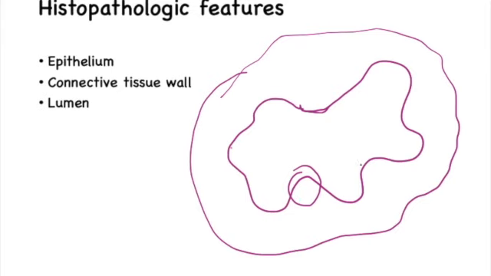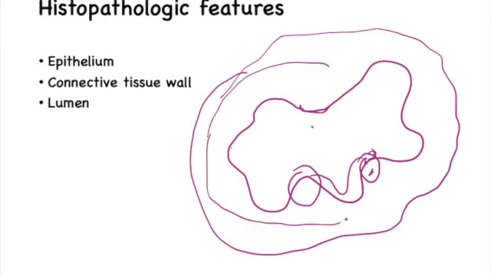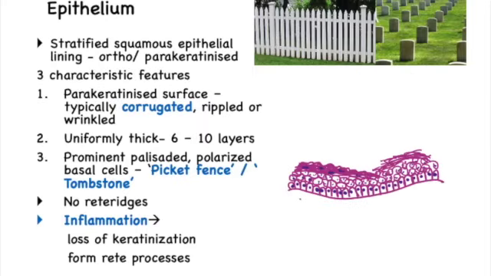And this epithelium is of uniform thickness and does not show rete ridge formation, and the epithelium and connective tissue interface is very fragile. Again, the epithelium keeps sloughing away, and because of which there is recurrence in OKC. So these are the reasons for the recurrence in OKC. Now the content of the lumen and the fibrous connective tissue we will be discussing as we go into the details of the histopathology.